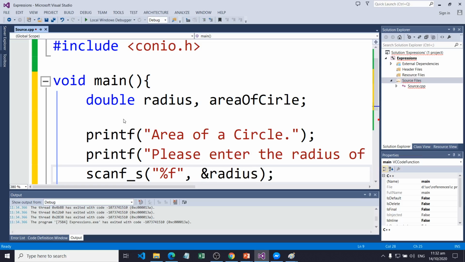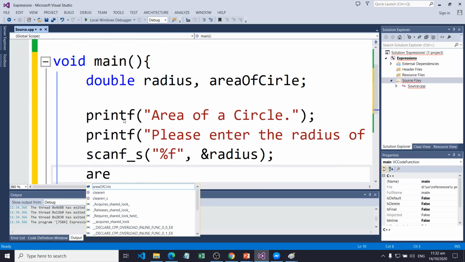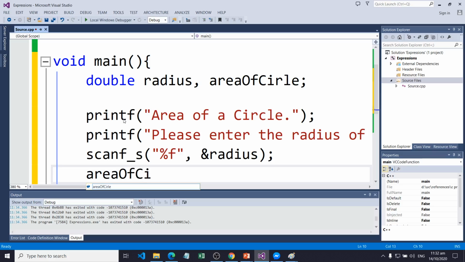Then we can calculate the area of circle by having pi r squared.